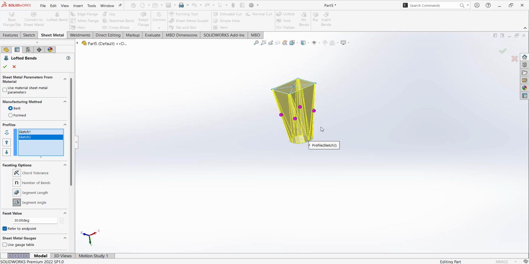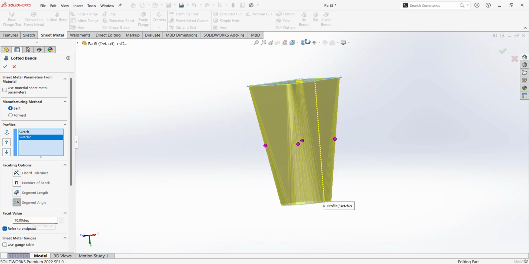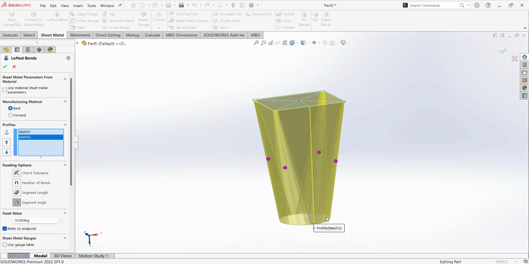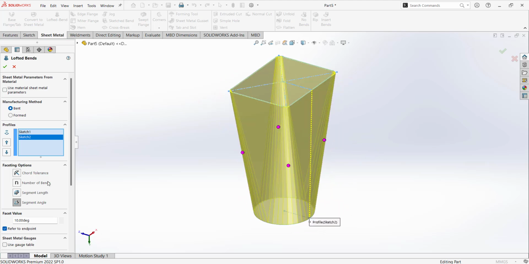Last one is segment angle. So you have to put the angle between each bend here. So it is taking 30 degrees. The limitation for angle is above 5 degrees and below 90 degrees. So I'll put the value here as 10 degrees. It will again smoothen the round portion here at the bottom, and the lofted bend will be created there. I'll say 6 degrees only here,